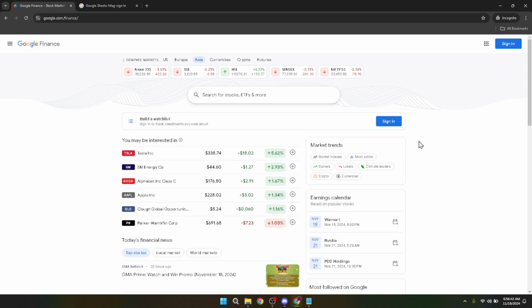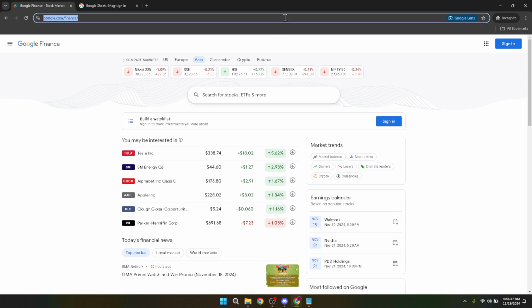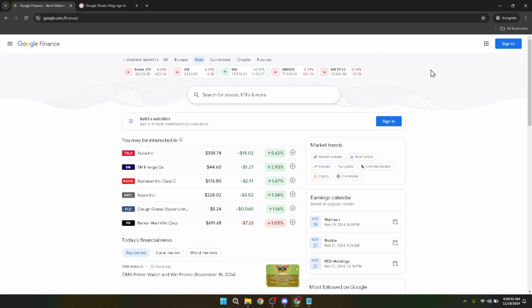Let's begin by heading over to Google Finance. You can easily do this by typing www.google.com/finance into your web browser's address bar. Google Finance is a fantastic tool for tracking your investments, staying up to date on financial news, and analyzing markets all in one place. Once the page loads, you'll find it's packed with real-time market data, news, and customizable portfolio